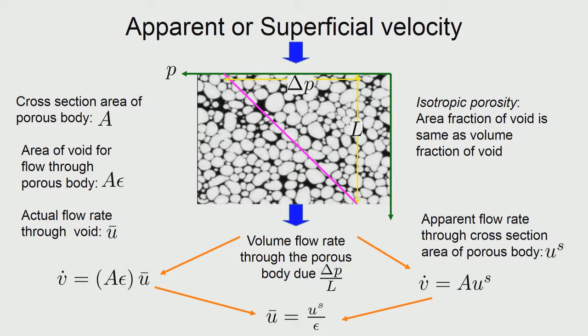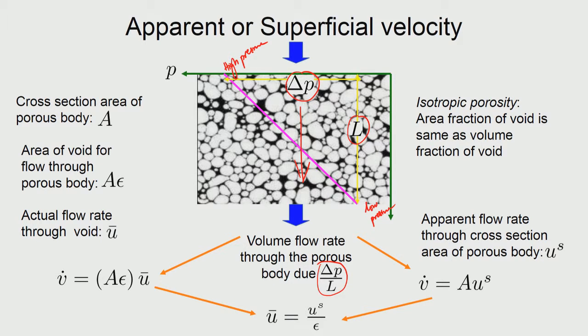Once we have the R_H, this is what we do. We look at how the flow is taking place. Here we have drawn on the top surface the pressure is high, and at the bottom surface you have got the low pressure. So you could see that it should lead to the fluid flow happening in this direction. If the pressure difference from the top and bottom surfaces is given as delta P, and the height of the porous body is L, then delta P by L becomes the driving force which is causing the fluid to go through this porous body.